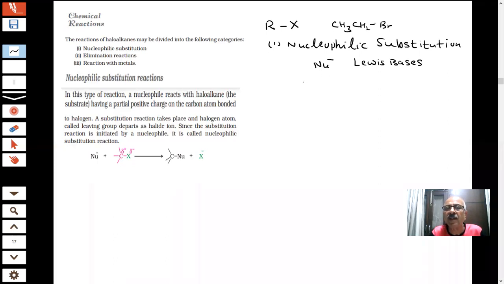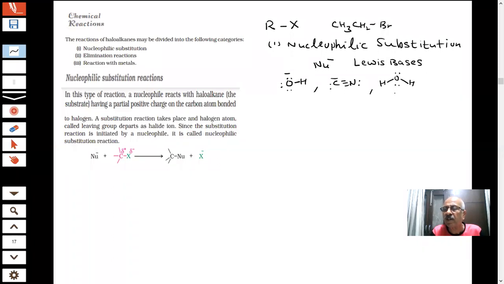Examples of the nucleophiles which we are using: you are aware of OH. If I write OH minus, then what is this? Yes, OH minus is a nucleophile, with a negative charge. If I write CN minus, this is also a nucleophile. There is a lone pair of electrons here also. Anything which is negatively charged can act as a nucleophile, or certain neutral molecules like H2O. There are lone pairs of electrons.